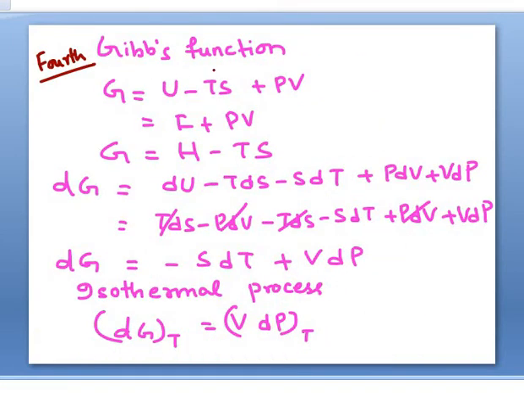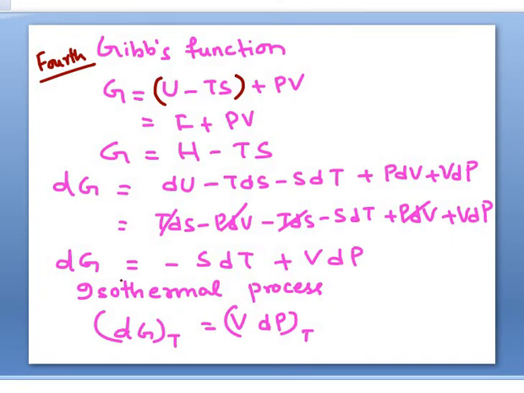Now the last one, and still not the least as we say, is the Gibbs free energy or the Gibbs function. The Gibbs free energy is given by the expression G equal to U minus TS plus PV. What is U minus TS? It is the Helmholtz energy F, plus PV. You can also write it as H minus TS, since U plus PV is enthalpy. You can write it in either way. U minus TS gives free energy, this is enthalpy. In any way you do it, dG gives minus SdT plus VdP.